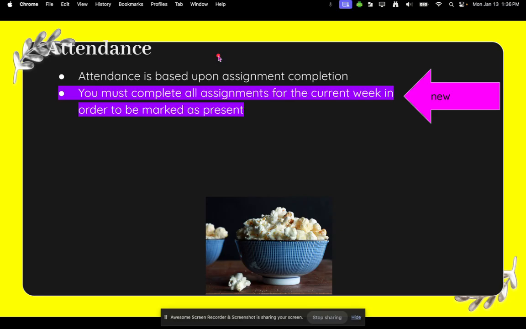So attendance. Attendance is a little weird with online classes, and it's not just this class, it's all online classes. Attendance is based upon assignment completion. You must complete all assignments for the current week in order to be marked as present. I'm going to repeat that one more time. You must complete all assignments for the current week in order to be marked as present.